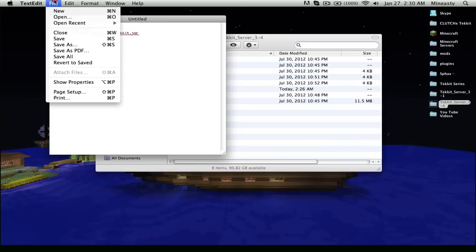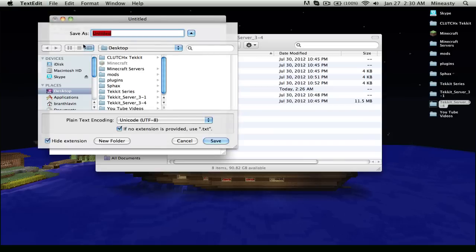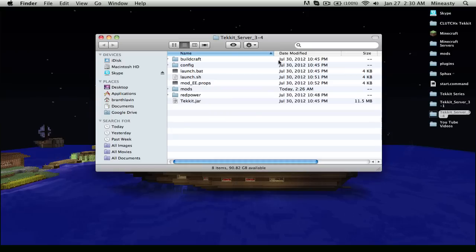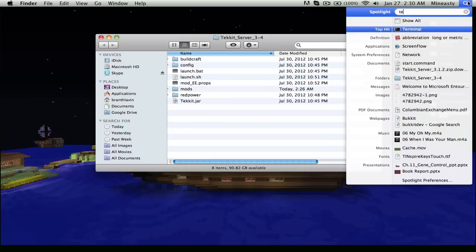So we're going to File, Save As, and we're going to call this start.command, and we'll save it on our desktop. Alright, save, and then I can close that. Then we're going to open up Terminal,